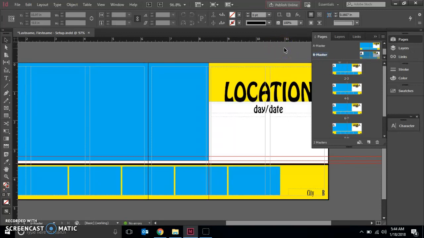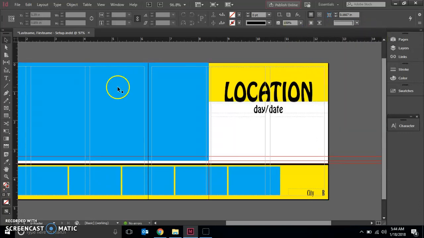Typically, when you create a copy of a master page, you're not going to be able to move the objects normally. So if you take your selection tool and you try and move your items around, they should not move. But if you hold down Shift and Control, and you start in your pasteboard, which is this blank area behind your document, and you click and drag over the items you want to move, then you'll be able to select